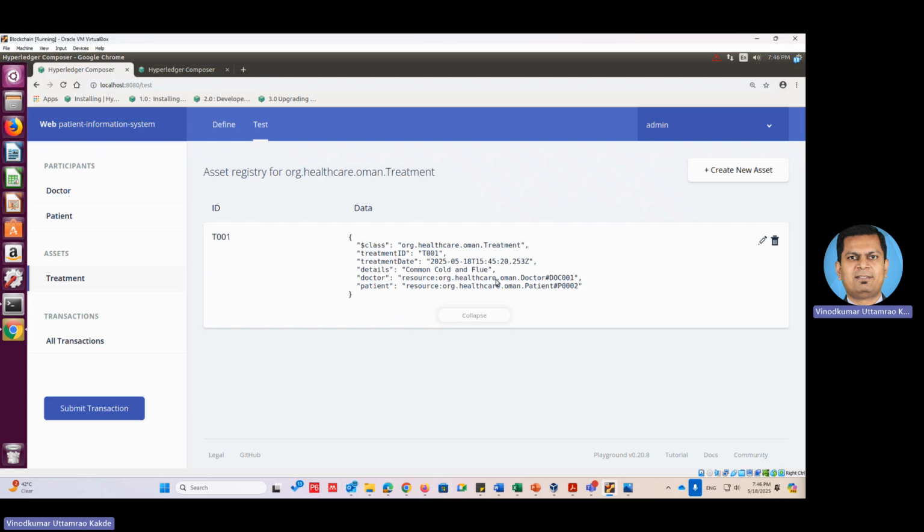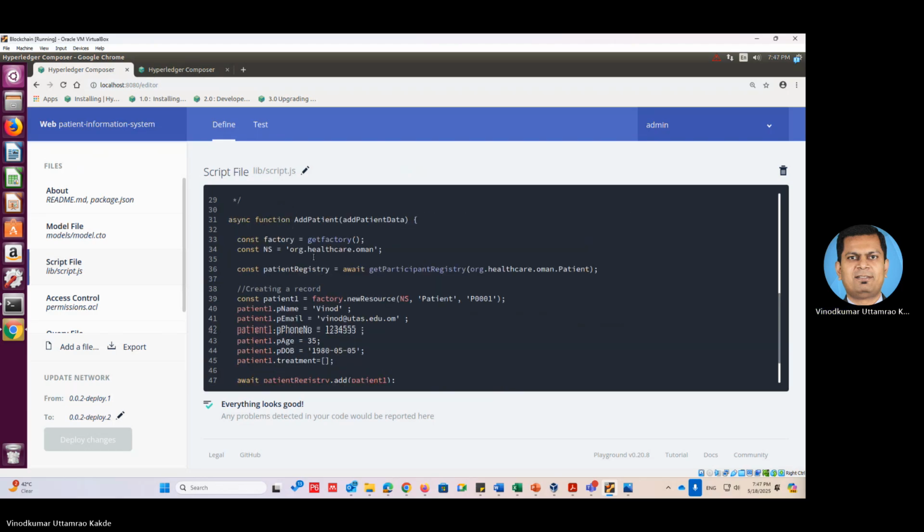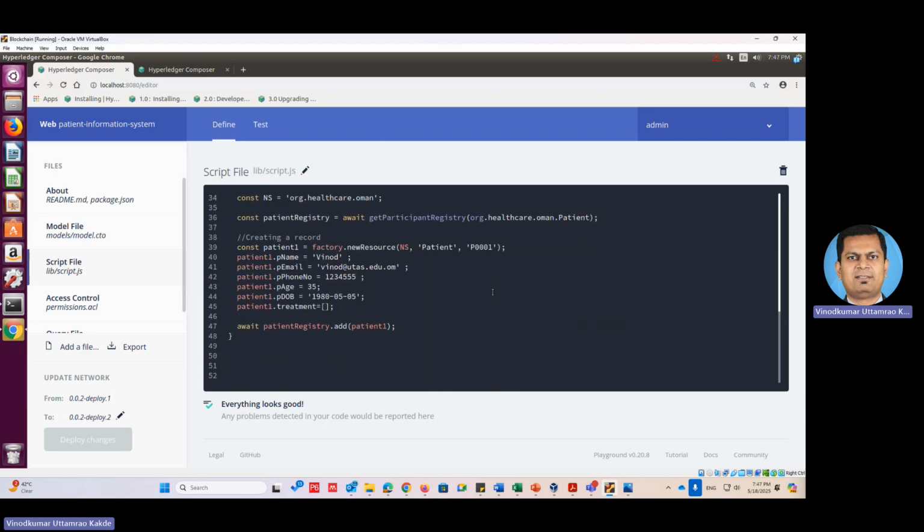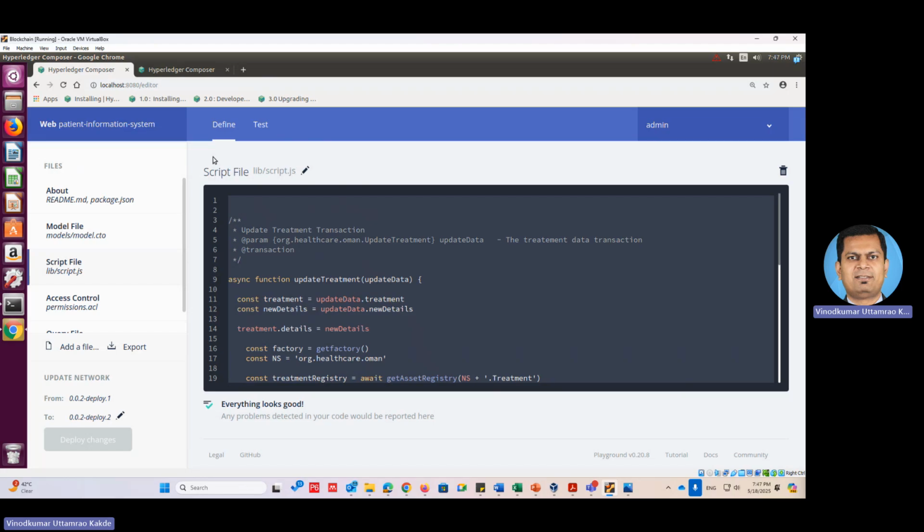So same thing I have used here. Otherwise it will not match. Okay, if it is not matching, it will not create the record. Okay, so this is all about testing. So check these things. You can practice this. You can try this. Okay, if you want the code also I will